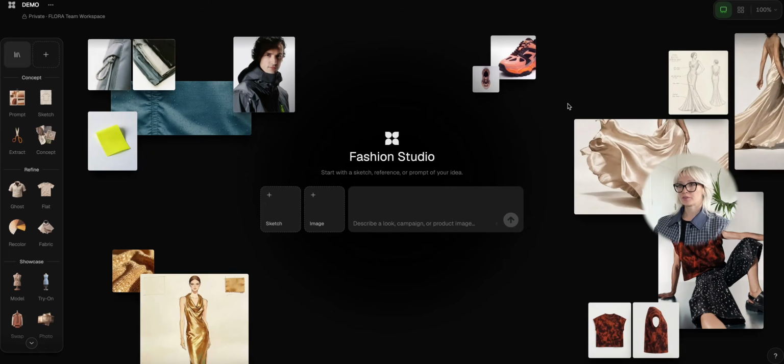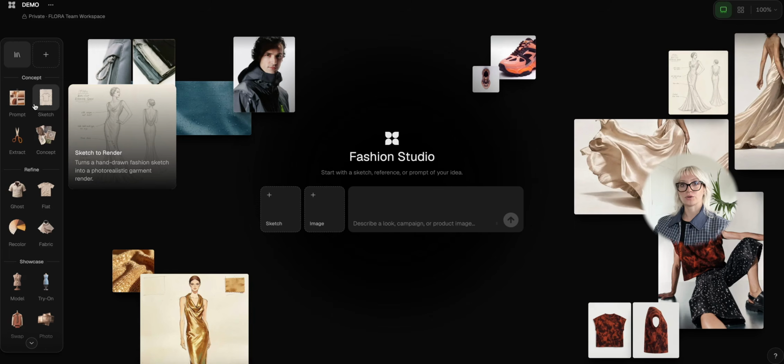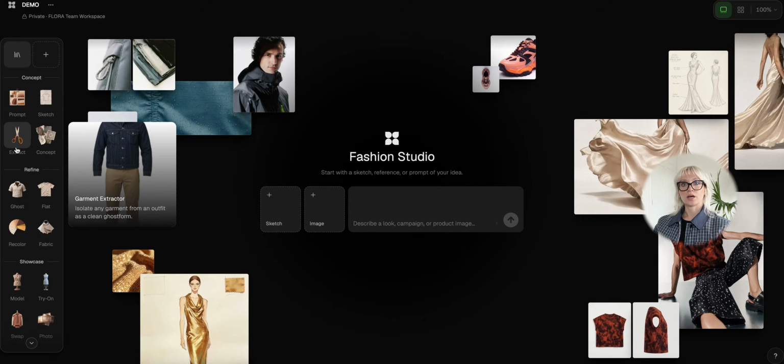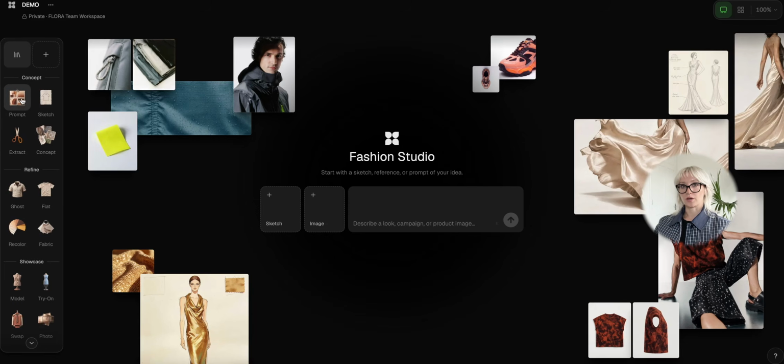So when you first open Fashion Studio, this is your landing page. This is what you're going to see. You have the option of adding a sketch, an image, and describing what you want to create. And then this could be your starting point. Or you can start with the tools that live on the left side here. And we have them broken out into concept, refine, and showcase. So in this case, I would like to go through all the tools on the left-hand side here, starting with